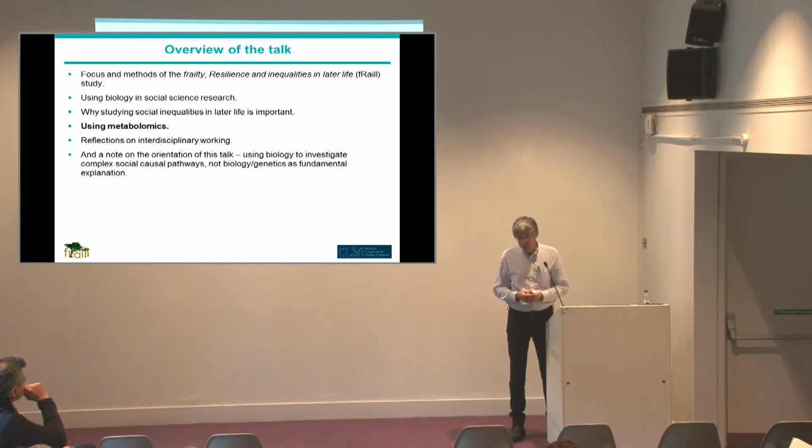I'm going to say something about social inequalities and why they are crucially important, and why we need to understand them from a social science perspective, but where biological pathways might be useful in shedding light on those. I'll give a bit more of a detailed account of metabolomics and how at least I understand metabolomics. I'll make some errors and I'll read a bit when I give my account of that. I can't do it off the top of my head,